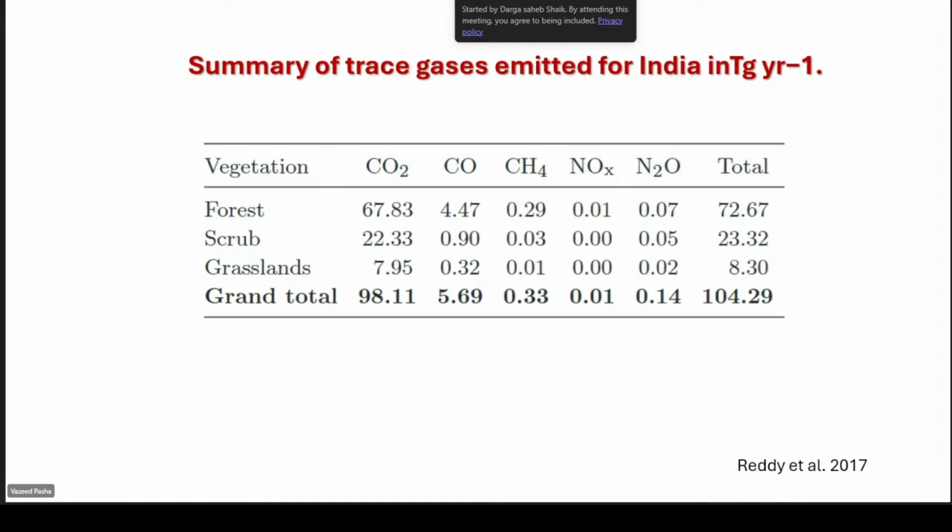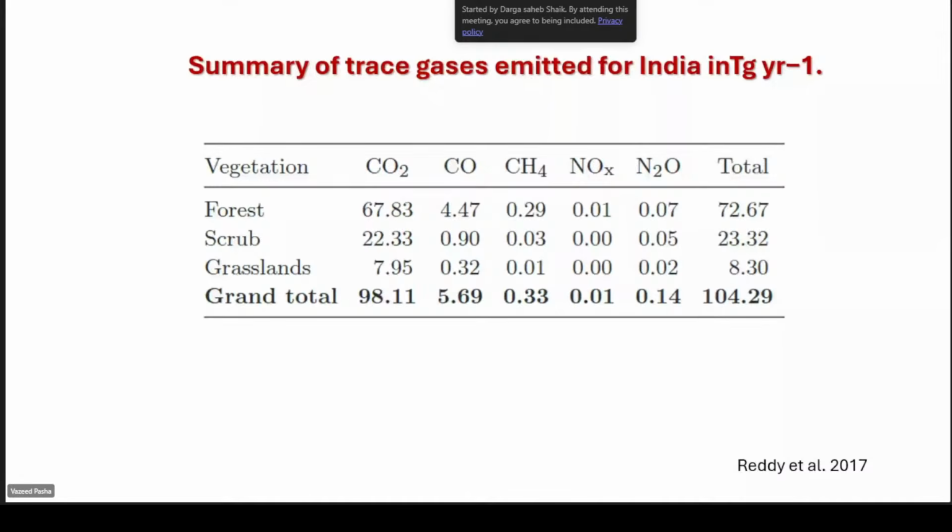Because, as I showed in the initial slides, it depends on the availability of fuel load. Generally, forest has more fuel load. That is the reason we are getting more CO2 compared to scrub and grasslands.